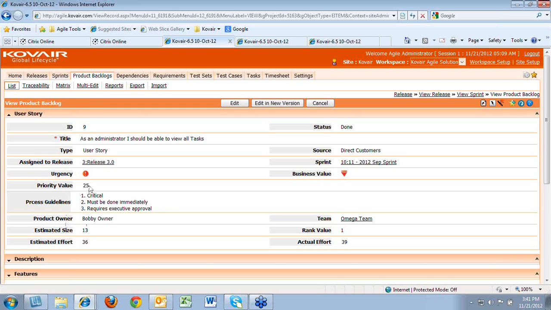And you can see, since it's 25, it's internally pulled up from the system what things need to be done with respect to this user story. For example, it's critical, it must be done immediately, and it also requires some executive approval. Apart from this, a user story is assigned to the product owner. The product owner is responsible for this particular user story, who is Bobby,